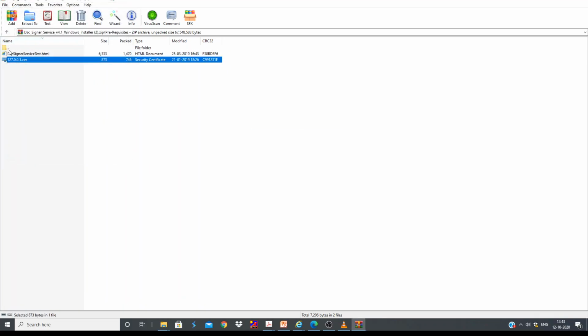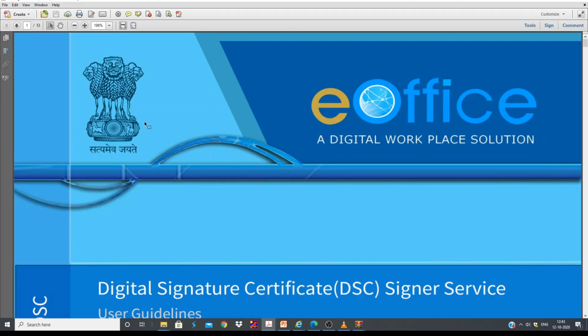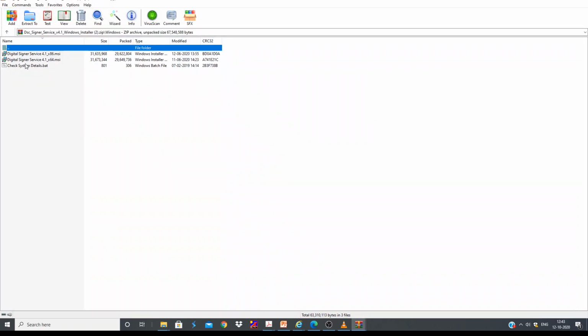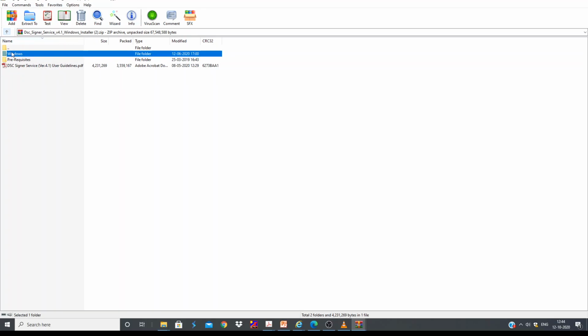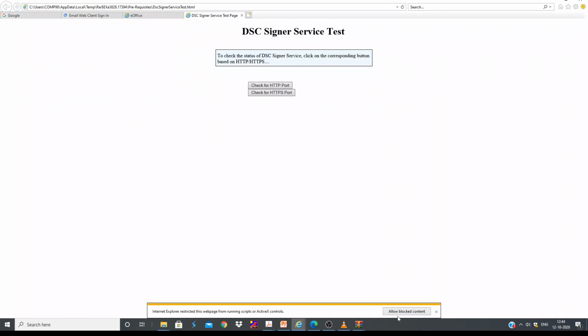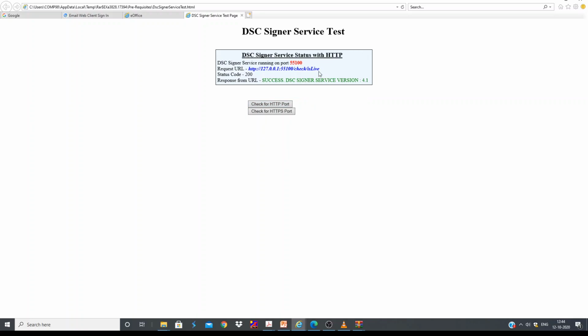This is already installed, you don't have to do anything. Go to this one. You can check this one, test DSC signer service. You can allow and check this one, it's success. Now you can check this port, both are success, which means that your DSC signer service is installed and it is ready to use.